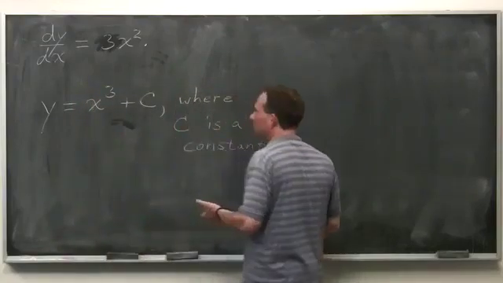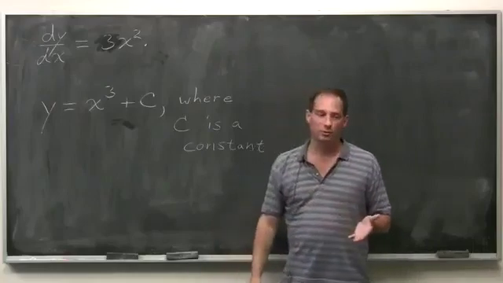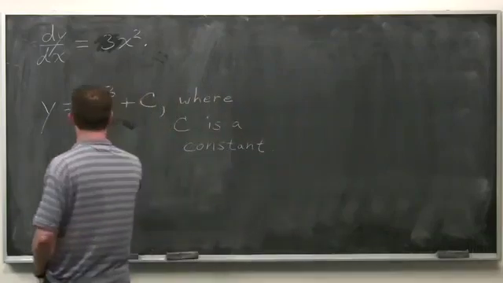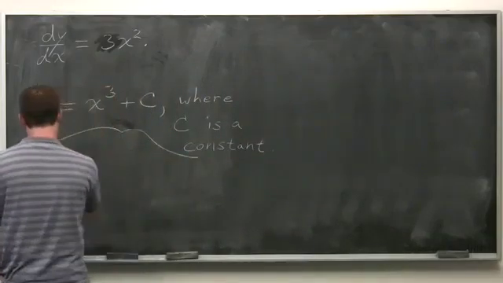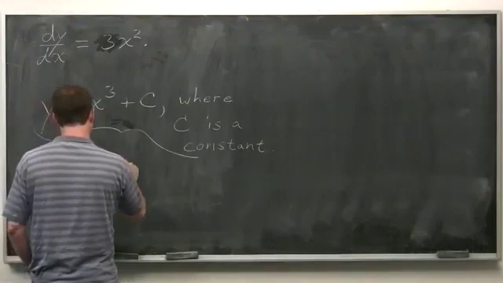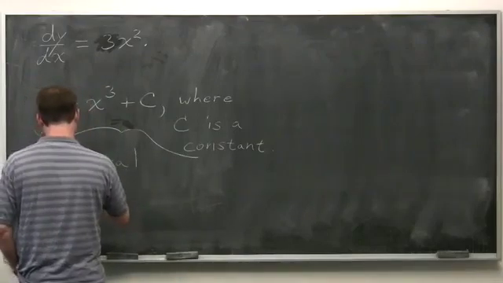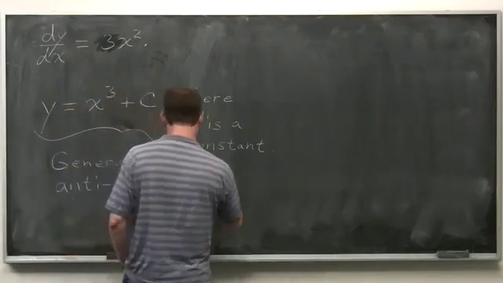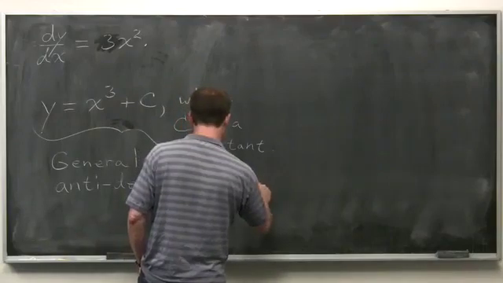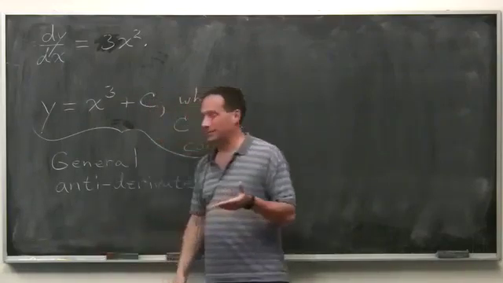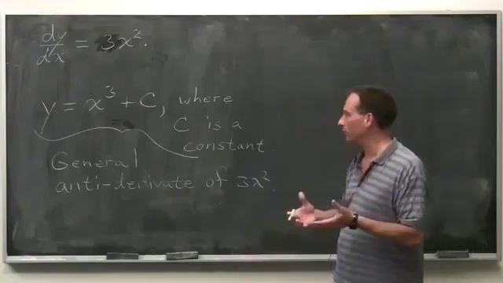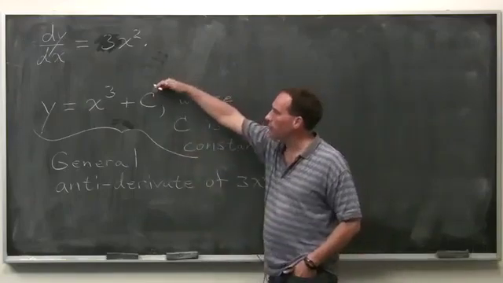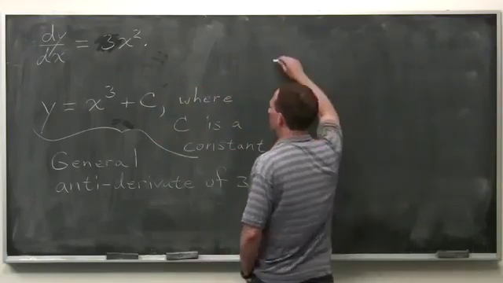What this means is that all of our differentiation rules give us anti-differentiation rules. So this y, I should write that somewhere. This is the general antiderivative of 3x squared. It's a set of functions, a whole collection of functions. You pick different constants, you get different antiderivatives, but we write all of them like this. The notation for this